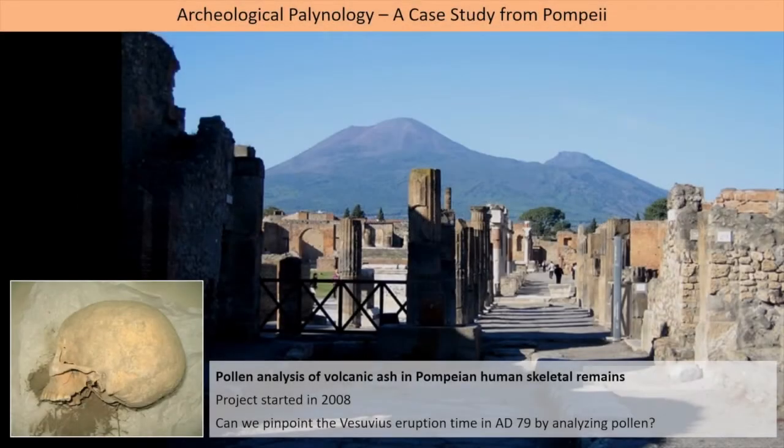This is an example of archaeological palynology, a case study from Pompeii. The project started in 2008 and it was the first analysis of pollen preserved in volcanic ash accumulated in the nasal cavities of human skeletal remains at Pompeii. The intention was to solve the problem of the Vesuvius eruption time in the year 79 Anno Domini by analyzing